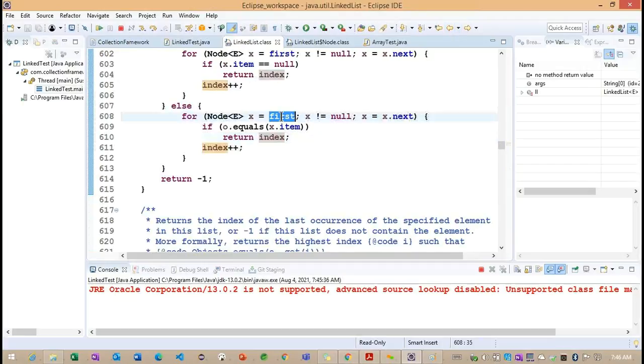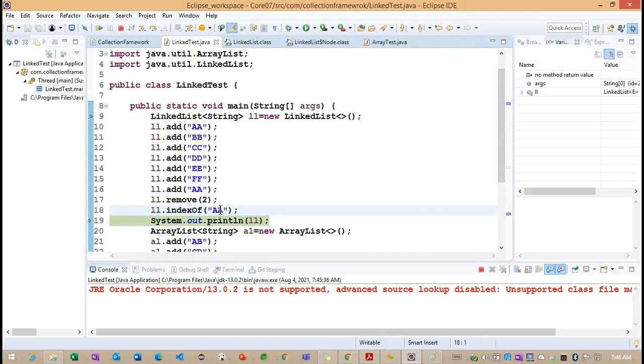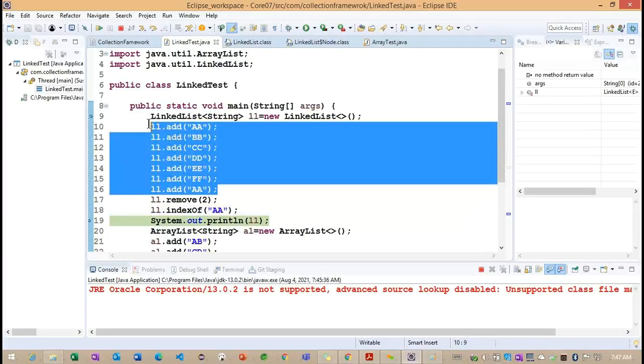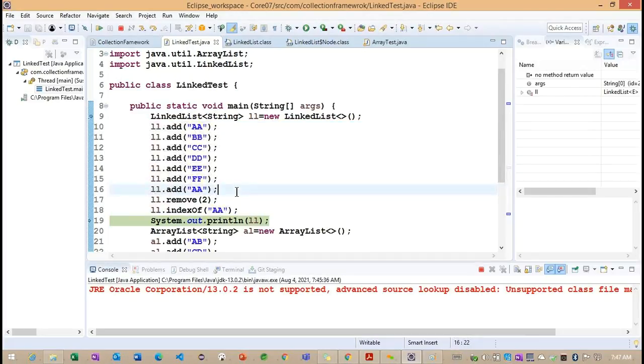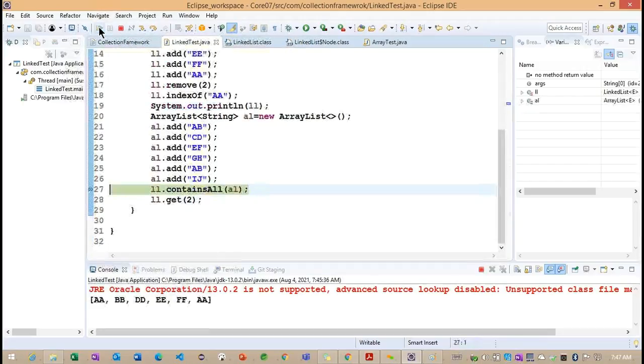It will repeat until this condition is satisfied. Definitely the condition is going to be satisfied, because whatever object we are passing in will be contained within this particular linked list. Right? So this is the way the particular index of will return here.